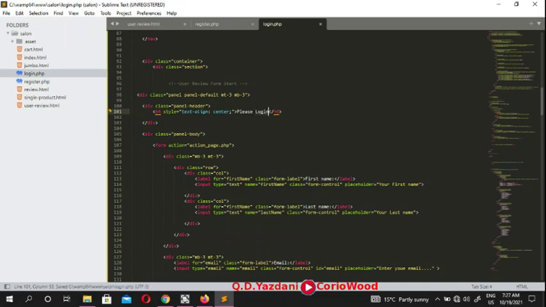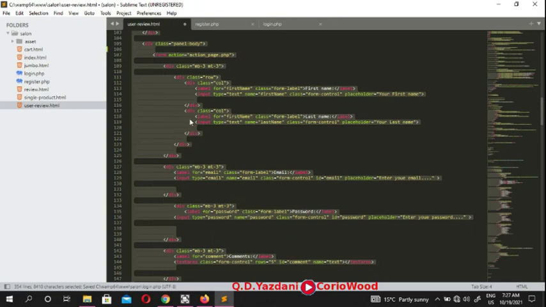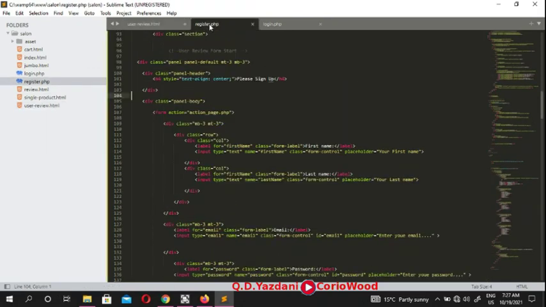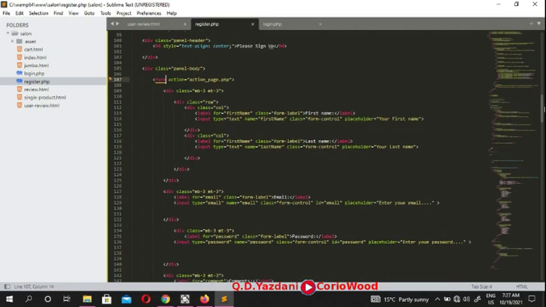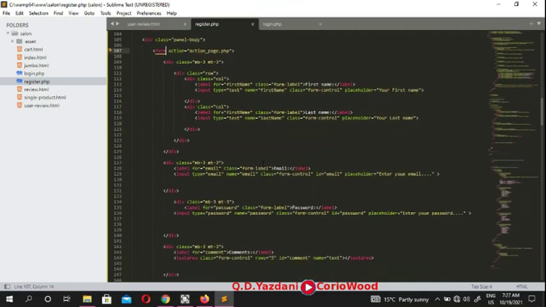Okay, why I have done this review, I have copied everything and I put in register and login, because as you guys know, all of them have one thing in common, which is form. So I'm coming here, this guy here, the form, action page.php. So all of them have something in common, which is page. Alright, so in the register, we go in and we say first name and last name, email, password, and where it says the